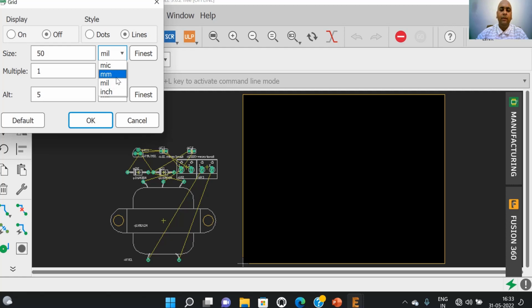So we can select millimeter in order to select the minimum grid size or board size in millimeter, and we can select the size of the grid by using the size tab. At present we have selected the size to be 0.01 mm. So 0.01 mm is the minimum grid size on the board.